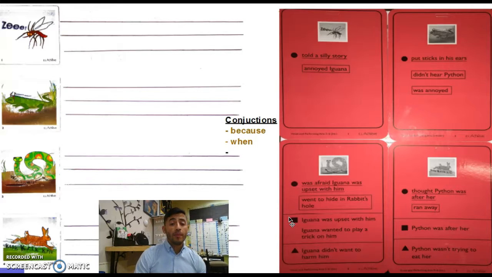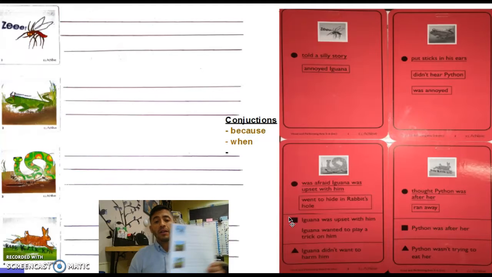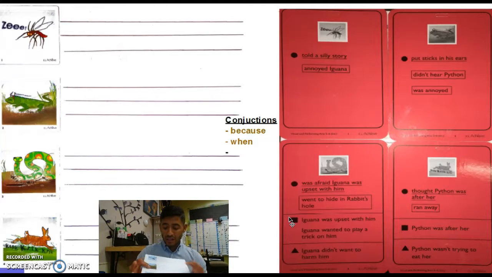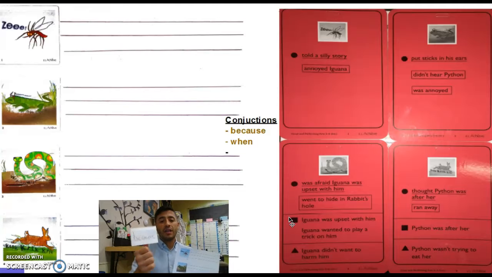Okay, now that you are back, you must be done reading all of the cards. You're going to look at the pictures that you have here, and you have these same ones on your paper. So you're going to have this paper with you right now. You can do this in crayon, so you can continue to color code just like we did with our sentences. Remember, you're going to need the colors black for all of the nouns and characters. You're going to need red for the action words, and you're going to need brown for the conjunctions like because